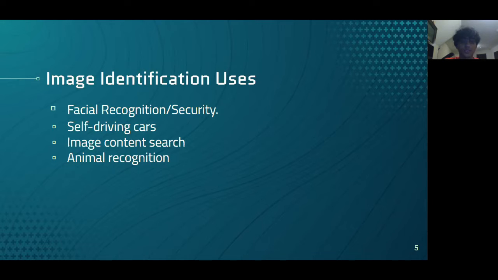Self-driving cars such as Teslas utilize a form of image identification that tracks and recognizes various images of roads and uses these images to make a safe route to travel. Another use of image recognition is by search engines, who utilize image content searches to let people search for their results by inputting images. Lastly, image recognition is used to identify endangered animals so the ecologists can protect their habitats and make sure they don't go extinct. Given the various uses of image identification and its rapidly growing popularity in the modern world, it is clear that the field of image identification needs to be researched more.